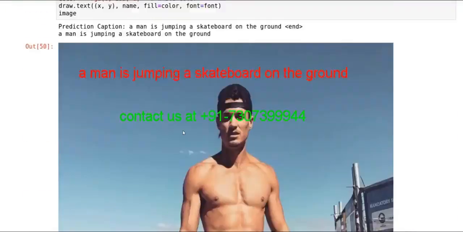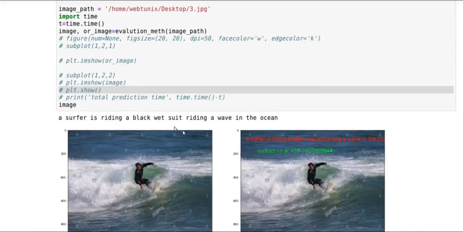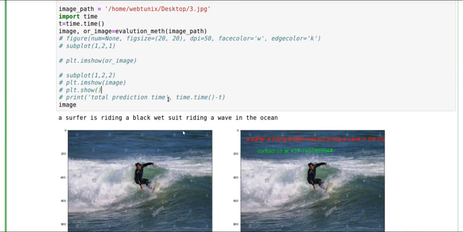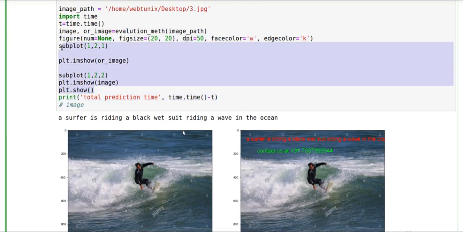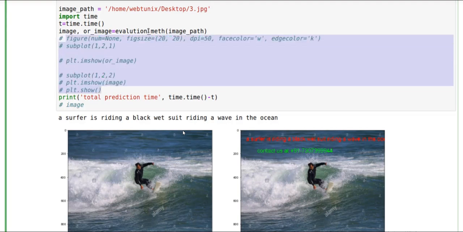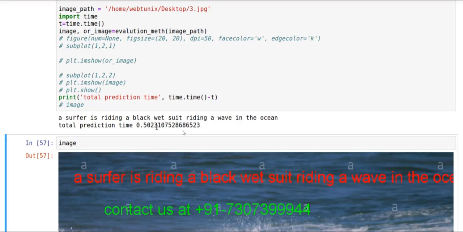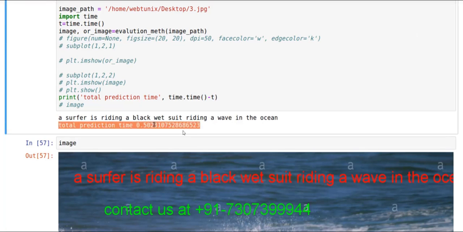Let me show you the speed, and then I'll talk about this perspective clearly. I will print here the total time of execution, that is, how much time it actually takes to generate an output and put the caption on the image. It's just 0.5 seconds. Unlike the previous version of TensorFlow, which took almost 1 second to generate an output. Right now I'm using Jupyter Notebook, which slows down producing the output further.